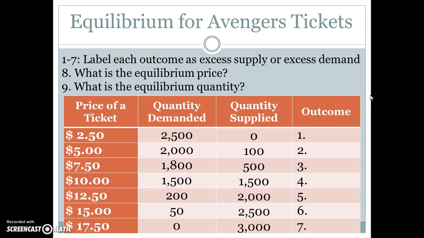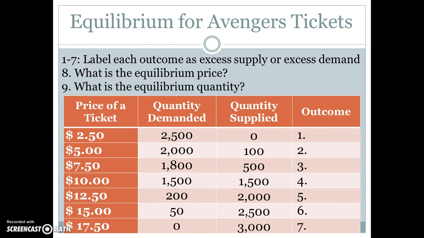Here's an example of how to think about equilibrium in a table. So this was the do now, where we practiced looking at where the equilibrium falls. So let's look at the first price of $2.50. We can see that at $2.50 for an Avengers movie ticket, a lot of people want to buy movie tickets